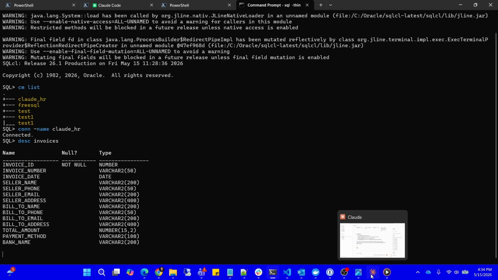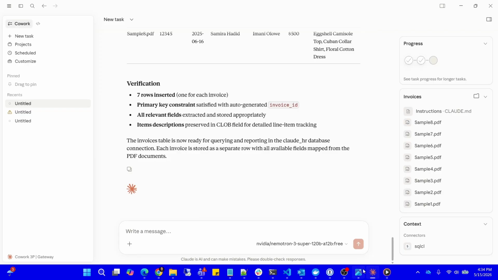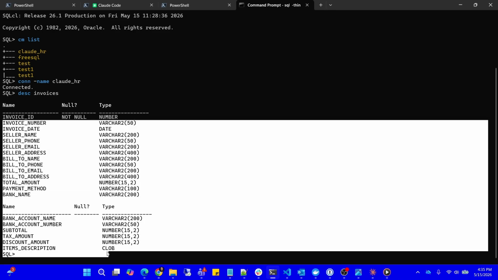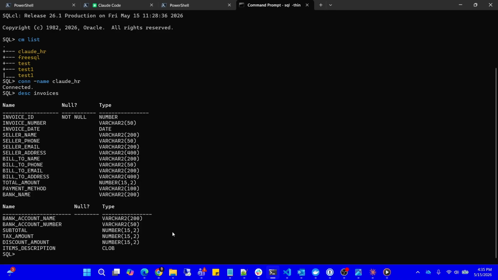I can display the result even here also if we need it, but I just want to show you at the back end. So you see, it created this invoices table nicely, and this is the invoice ID, this is the primary key, and these are all the fields from the invoice it's created. And now if I do select, let me do a few of the columns. Invoice ID, invoice number,